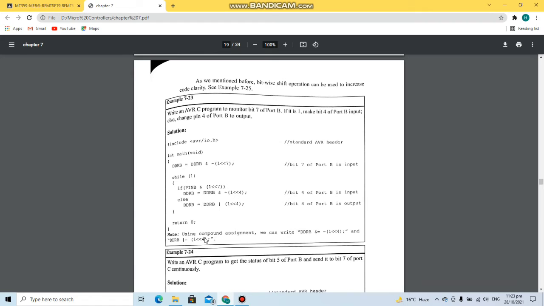So first of all, here in the int main we are performing the AND operation and setting the 7th bit of port B to the inversion of 1, which means 0, so DDRB's 7th bit will be set to 0, which means as input. And in the while loop we have an if condition with PINB and